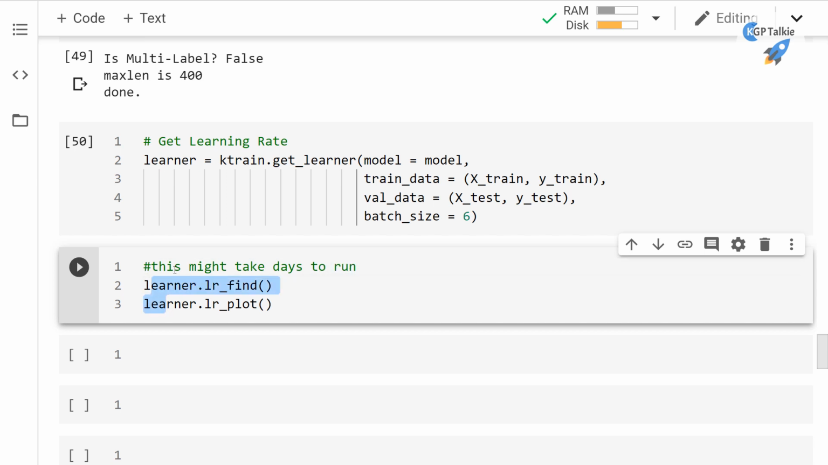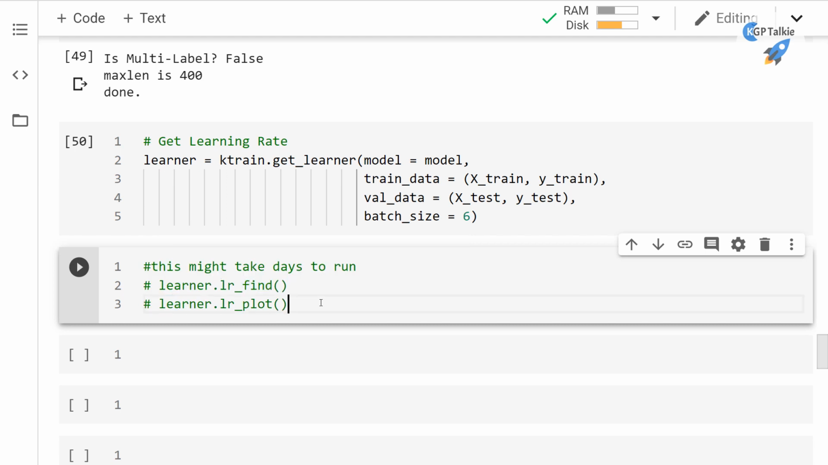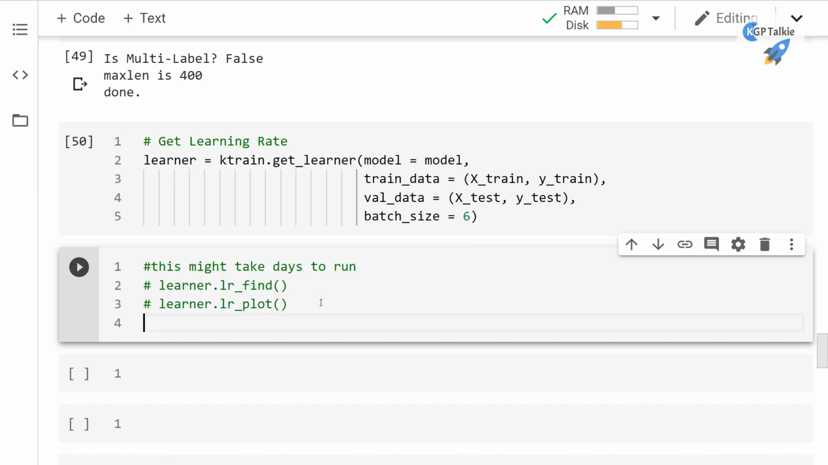All right, so this might take 2 days or 3 days. So what I'm gonna do here, I'm gonna comment it. Why am I gonna comment it? Because with the pre-training, all right, so pre-training optimal